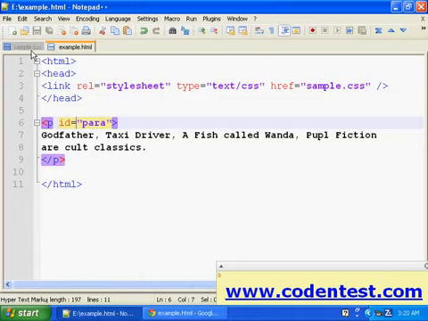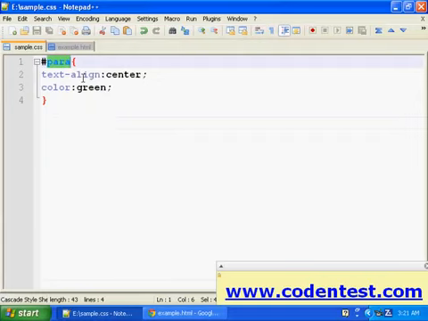So this is about adding ID in CSS, the first way of adding IDs in CSS.